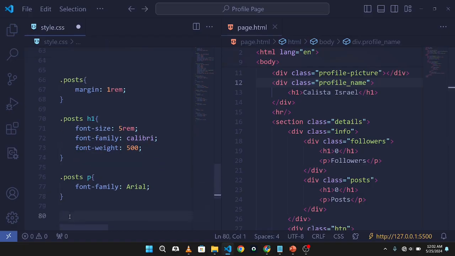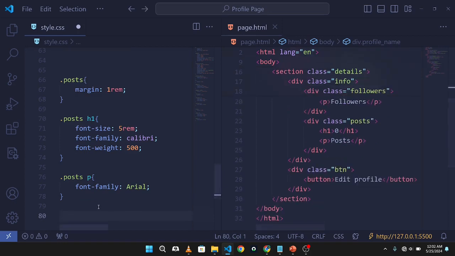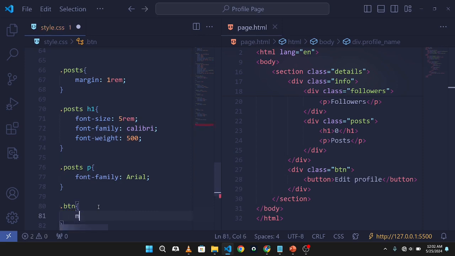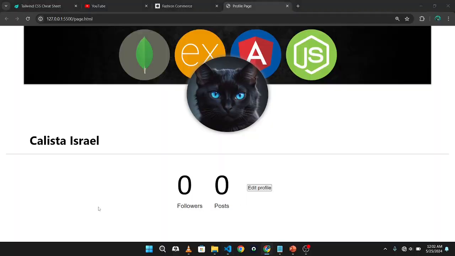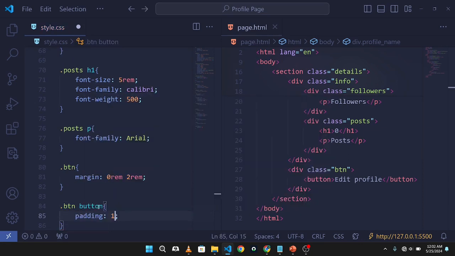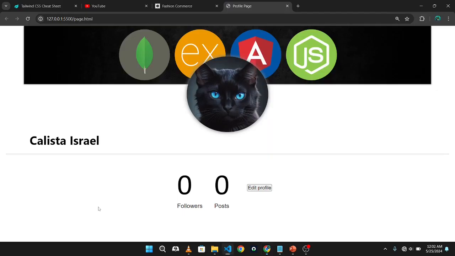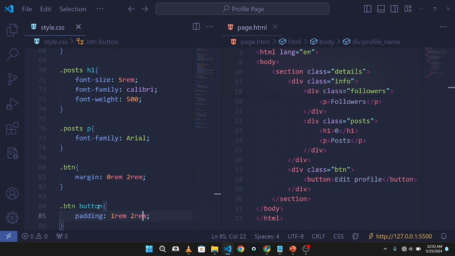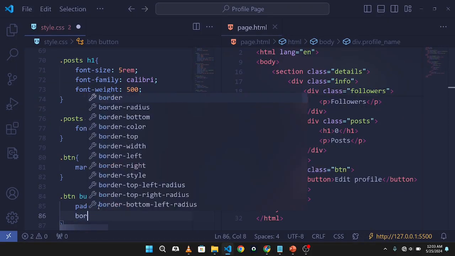Now let's edit the button with the class btn. So dot btn, we can just say dot btn margin 0 and 2rem. Just a little bit farther, if it's good. Now let's edit the actual button. You can give it a padding of 1rem, 2rem for the width and height. Now let's reduce this a little bit to 0.8. I think it's good. We're going to give it a border of none